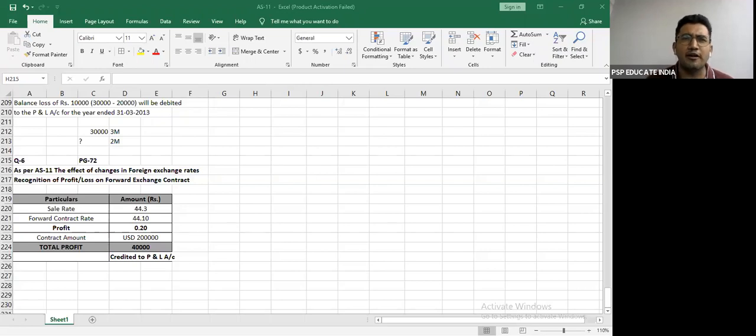Yes, you can hold foreign currency in India up to a certain limit only. You cannot hold it for a long term. So whenever you are taught the Foreign Exchange Management Act, I think it will be clear to you at that time. Of course there are rules, but in case of speculation, of course you can hold it.